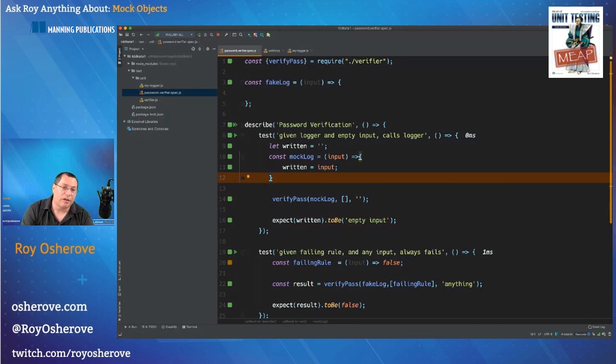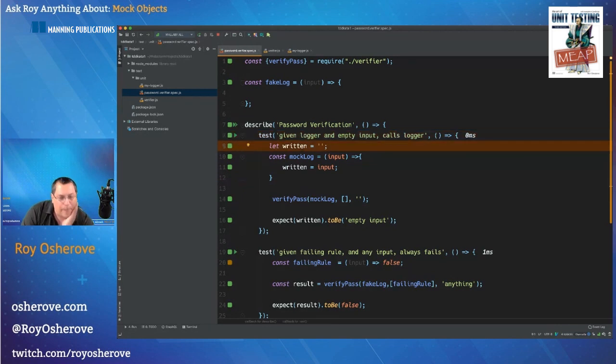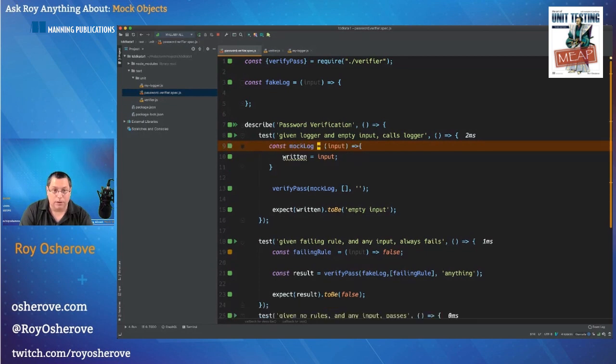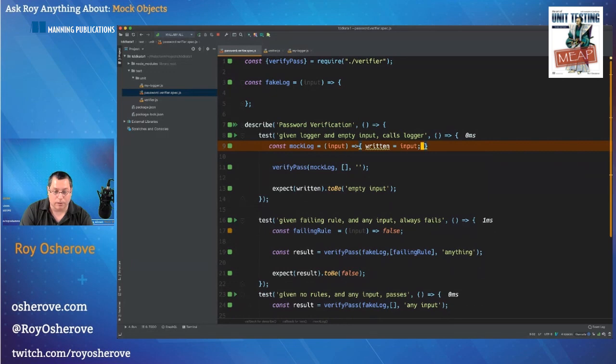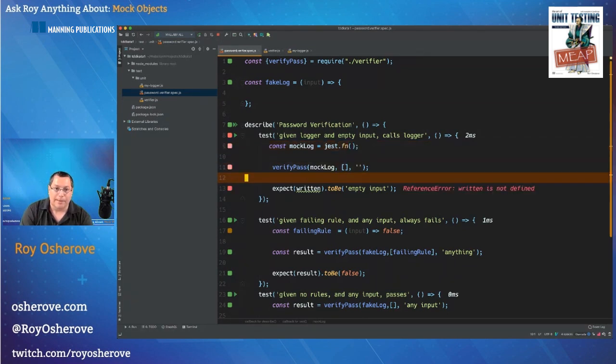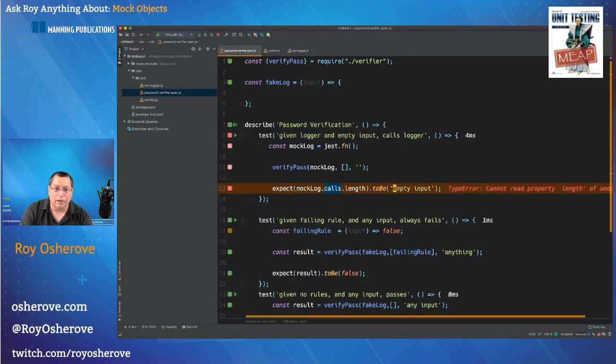Since I'm using Jest, there's an easier way to do this. Check it out. I can say const mockLog equals jest.fn. And instead of saying written, I'm going to say mockLog calls length to be.